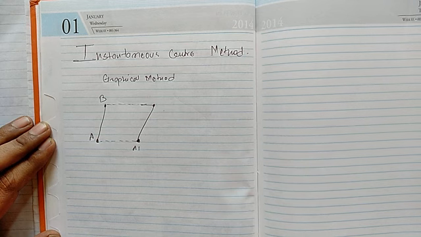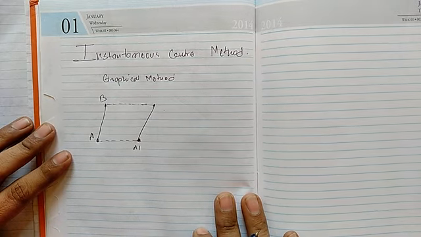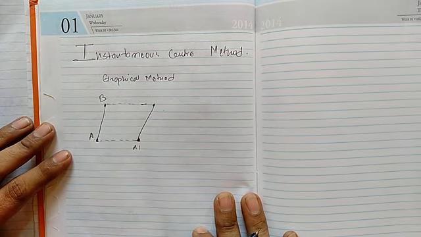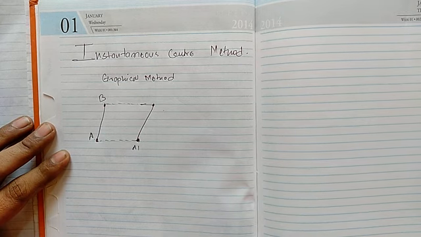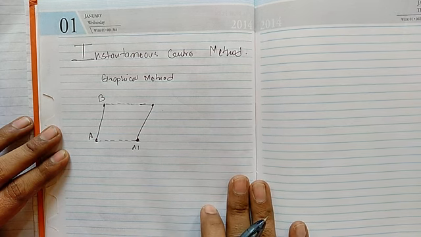transforming motion from one position to the next position, or the mechanism is also used in a machine. So every link of that mechanism has motion. Which kind of motion? That is in the form of velocity. Relative velocity or the instantaneous center method are the methods to obtain the velocity.